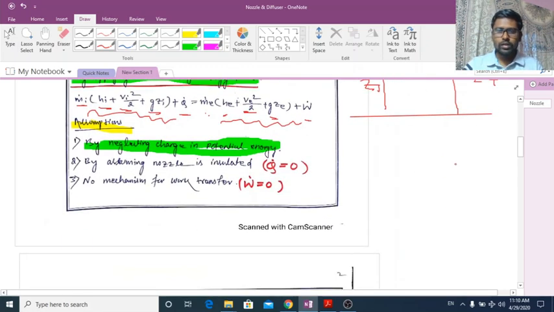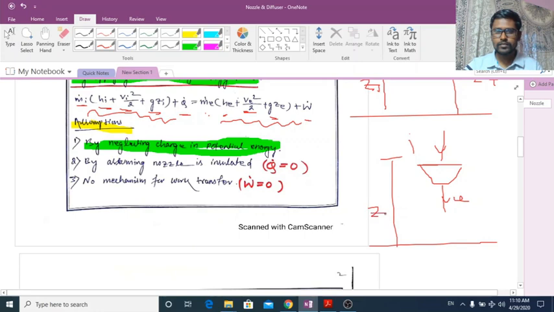Also, if you put the nozzle in vertical direction, or in vertical manner, suppose this is the entering fluid, that is I, or inlet, this is exit E. Suppose I am taking a datum here. So suppose this is our Zi, this is our Ze.